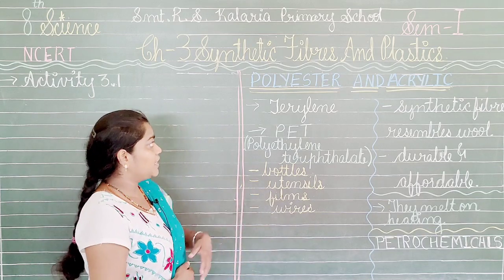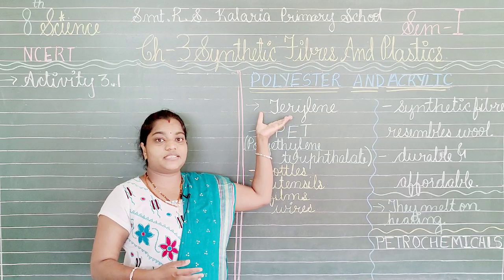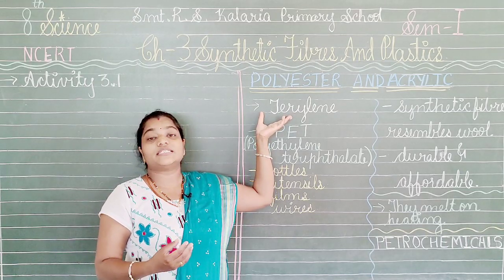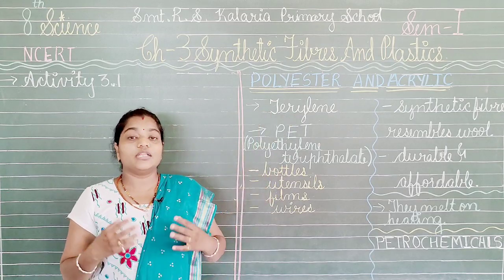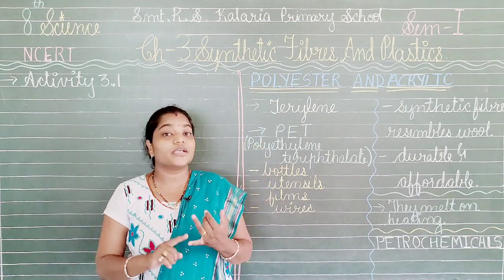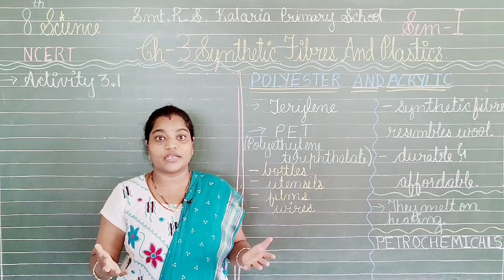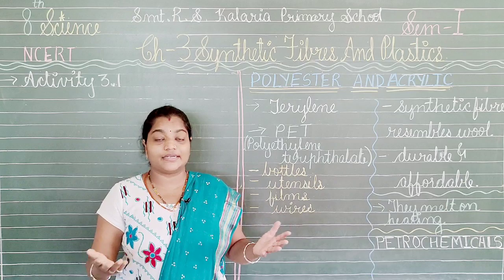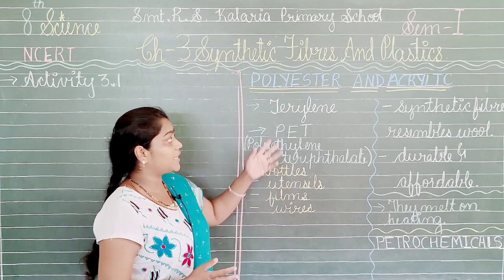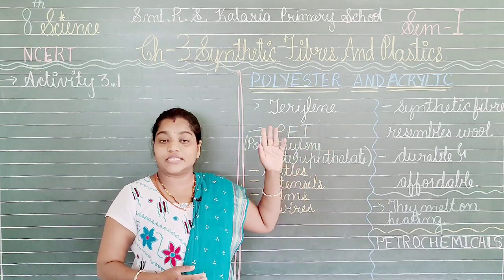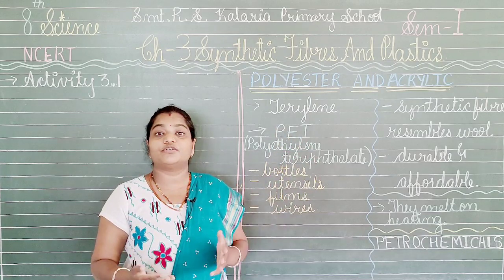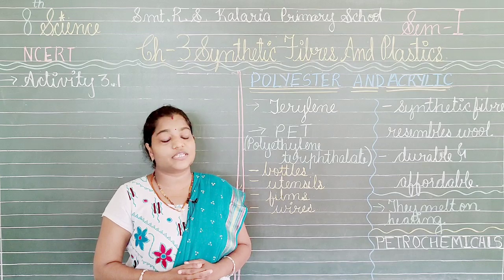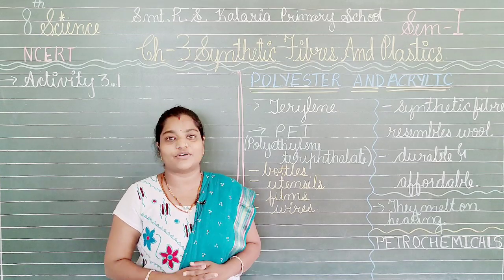Okay, let's go with that. Now one of the most famous polyesters available in the market is Terylene. This is why it is popular. All polyesters are wrinkle free, so there will be no wrinkles as we have in cotton clothes. So it is very easy to wear and handle them. So what are the benefits that we can have? It is more durable and easily handled, so we prefer to have polyester more often than cotton. But as I said, it is not skin friendly to wear, so we would not like to have it.